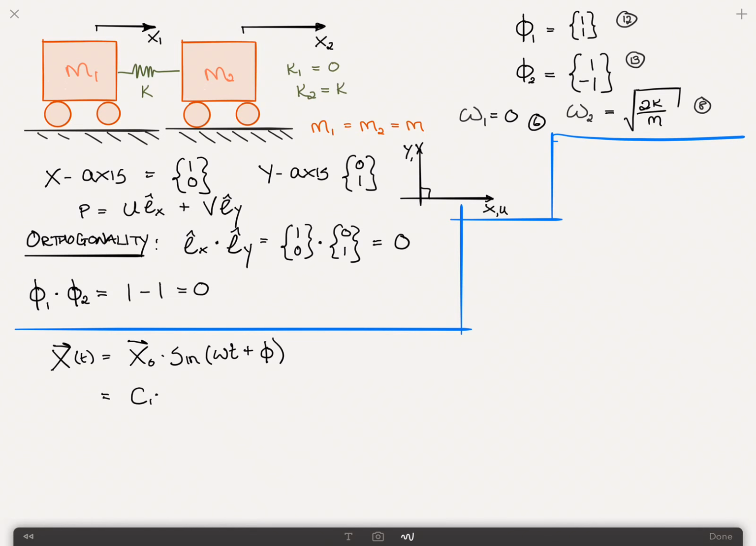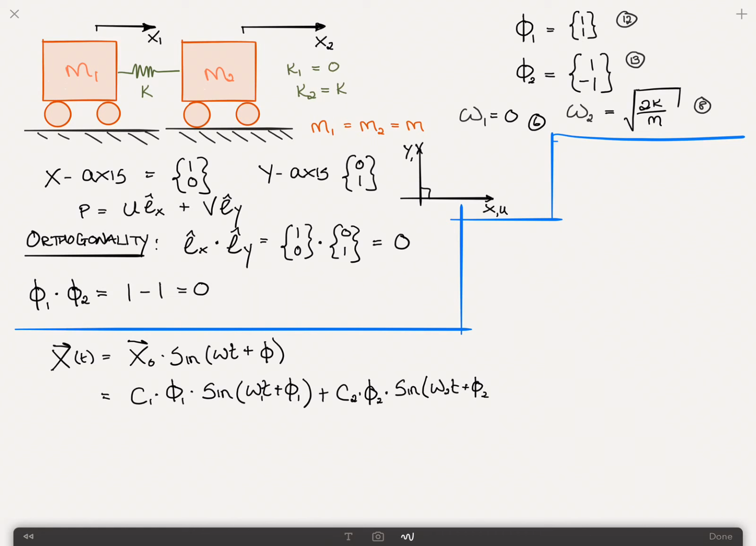phi 1 times sine of omega 1 t plus phi 1, I should put in there. Plus, for the second result, C2 times phi 2 times sine of omega 2 t